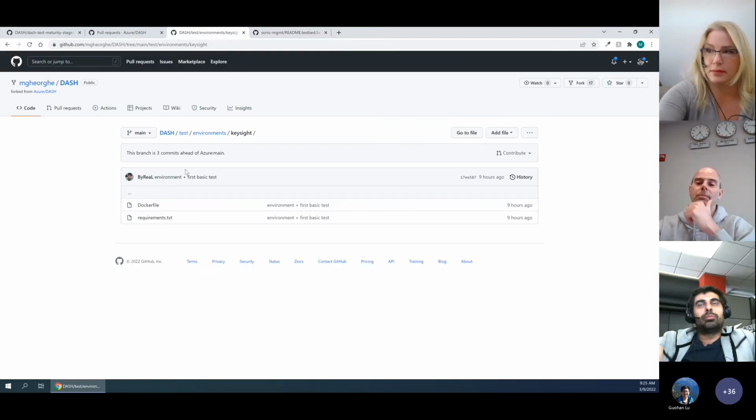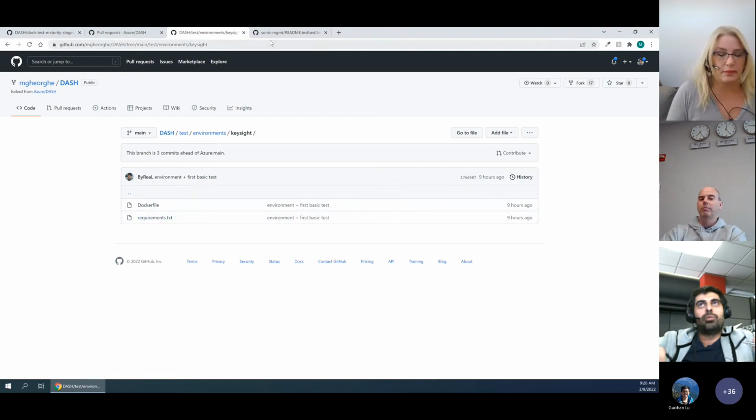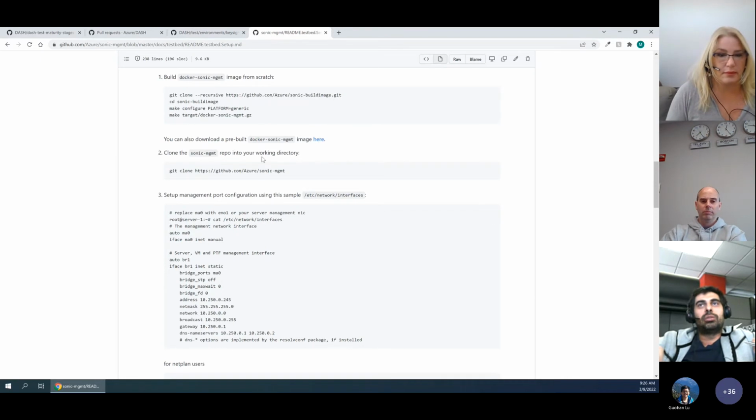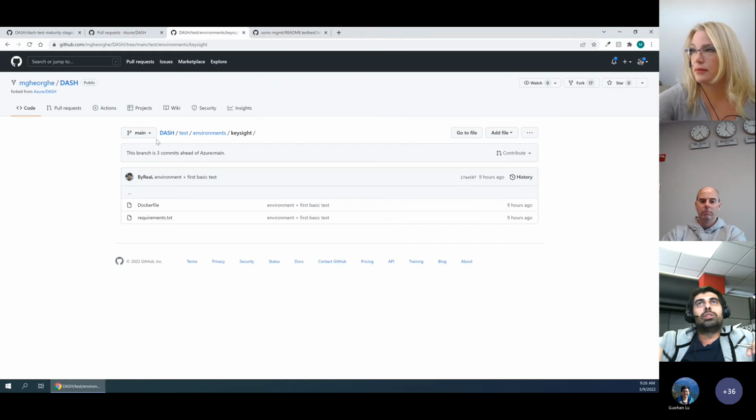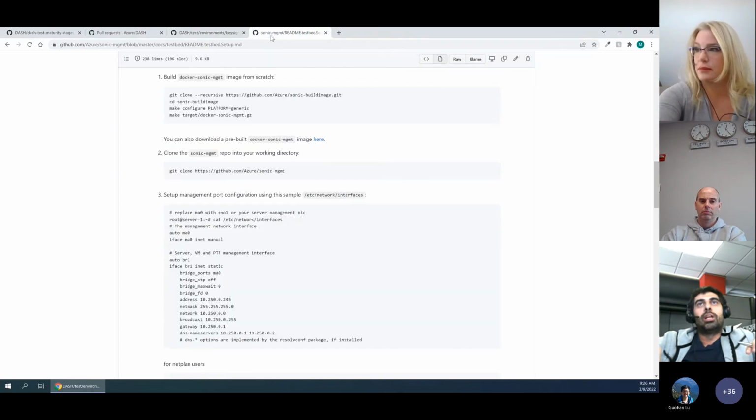Like I said, they're in the same line. I can take all these contributions that I have here for the Docker container and requirements, see what needs to be added to the Sonic management container, and make a pull request into Sonic management with these changes. But moving all the test cases from under the Dash repository into the Sonic management repository